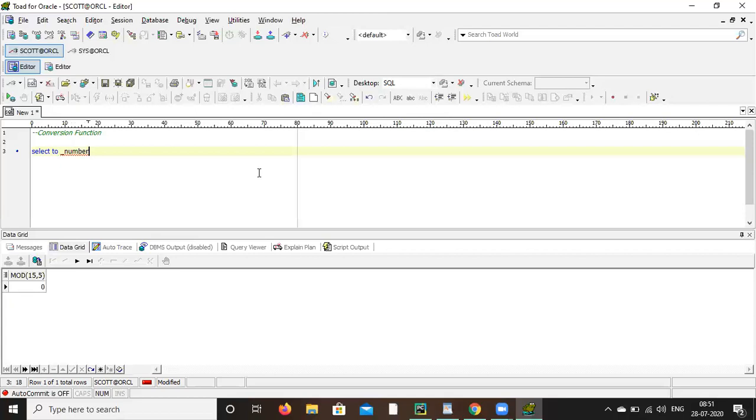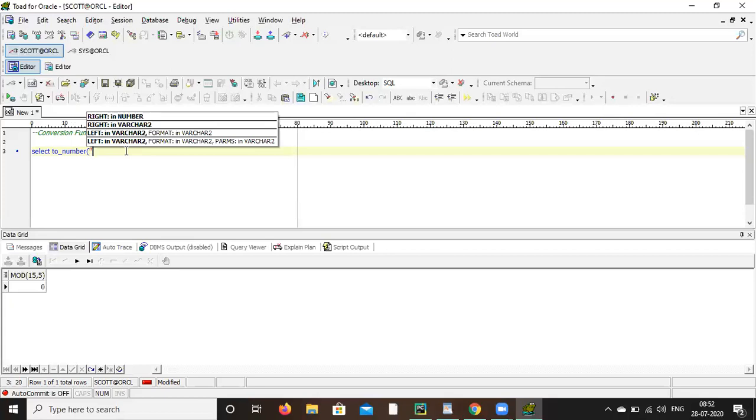Don't keep a space. TO_NUMBER within bracket, within single quote, give some number, let's say 10 or 45, from 12.